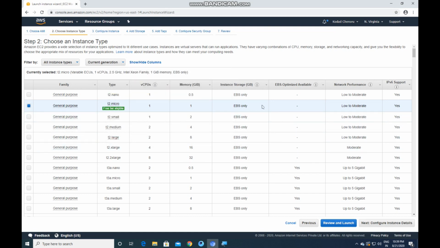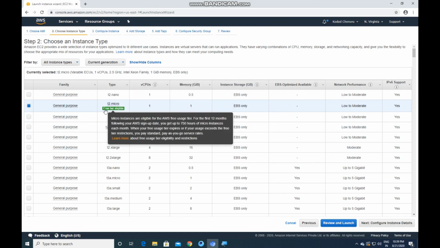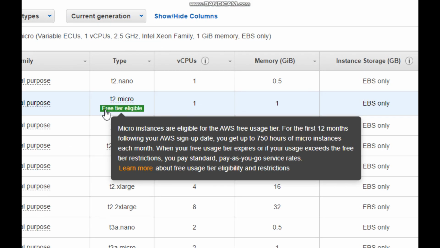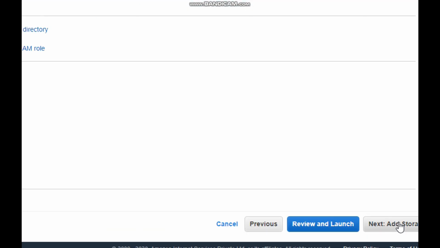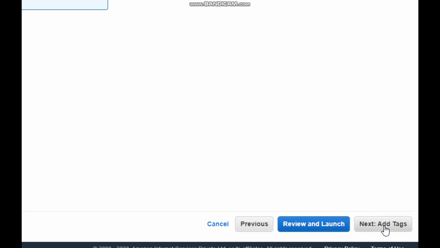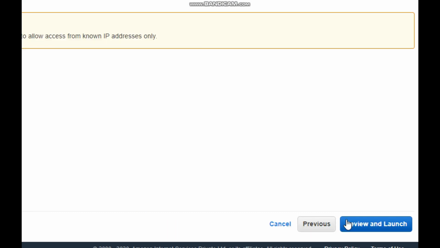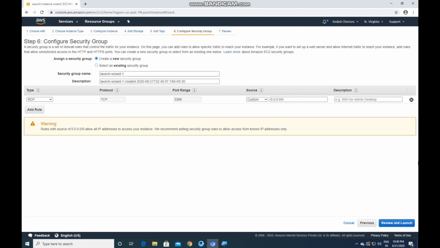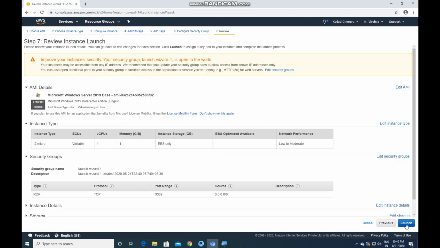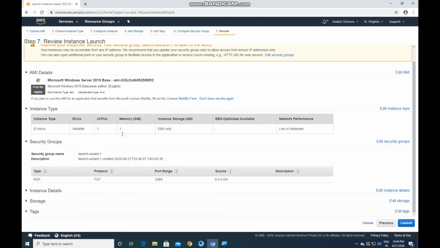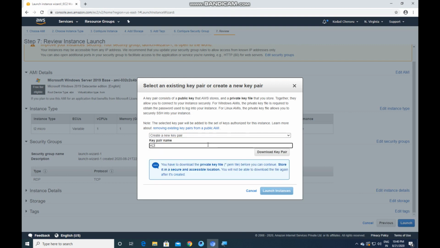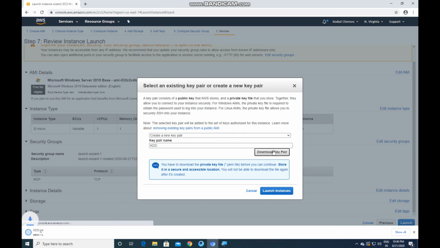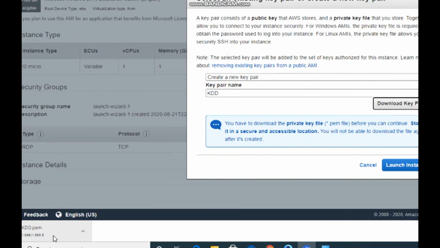Then please select T2 Micro, which is free tier eligible, so that you will not be charged. Guys, please create a new key pair in your name and click on download key pair. Now click on launch instances.